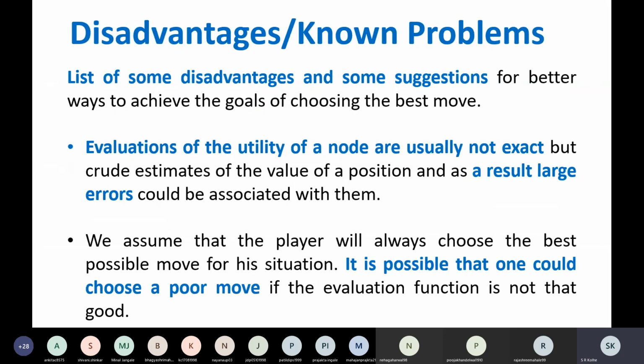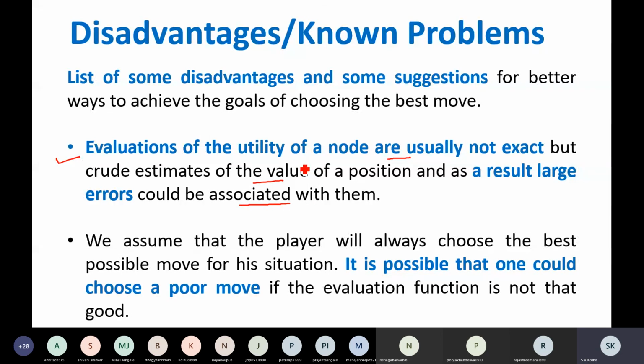So let us come to the disadvantages, problems with this algorithm also. Still improvements are possible. Evaluations of the utility of nodes are usually not exact, but crude estimates of the value of a position, and as a result large errors could be associated with them. Okay, utility means the utility value of the terminal nodes.